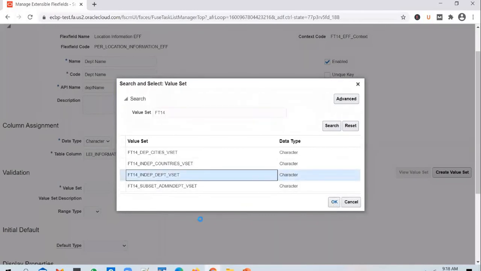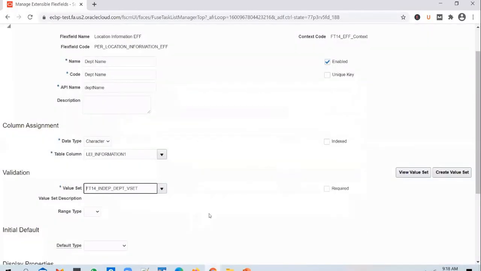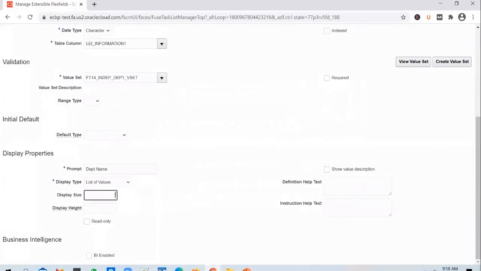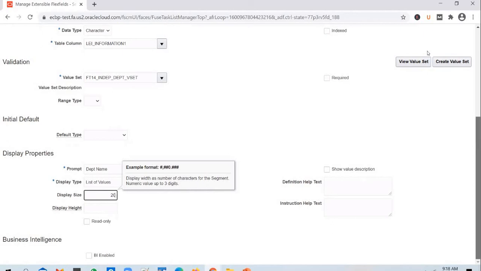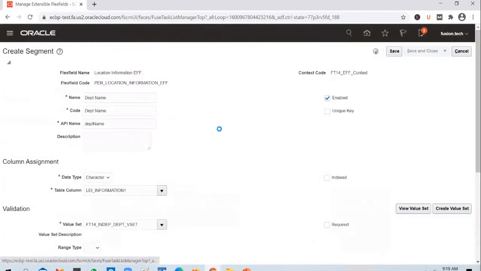FT14 independent department value set. And you can select the display size as 20 here. And you can save and close.